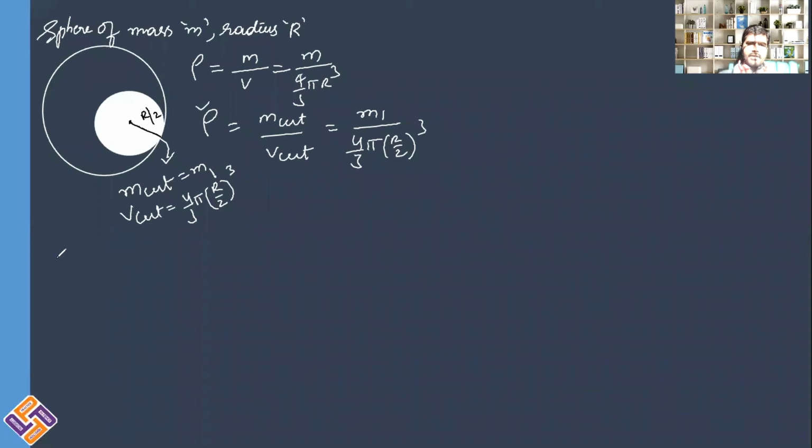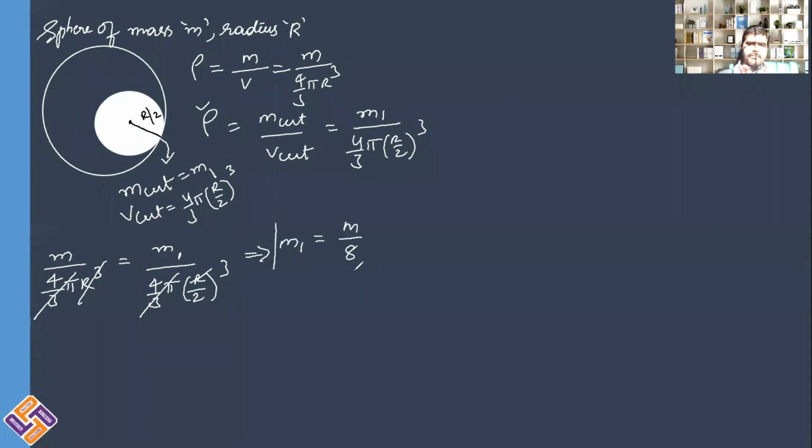So m divided by 4 by 3 pi r cube is equal to m1 divided by 4 by 3 pi into r by 2 whole cube. This 4 by 3 pi gets cancelled, r cube and r cube get cancelled, left over will be 1 by 2 cube. So 2 cube is 8. This gives you m1 is equal to m divided by 8. Therefore the mass of the cut portion is equal to m by 8,